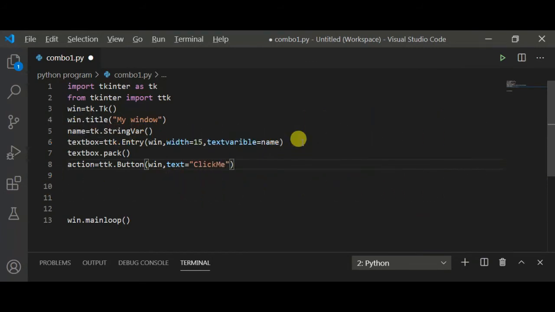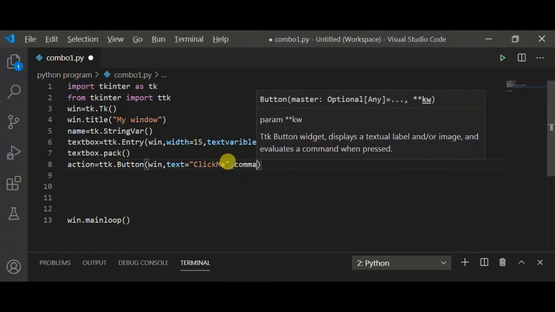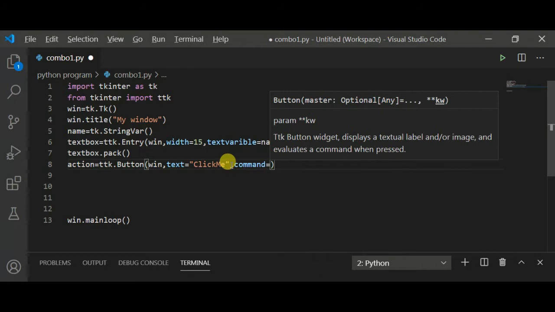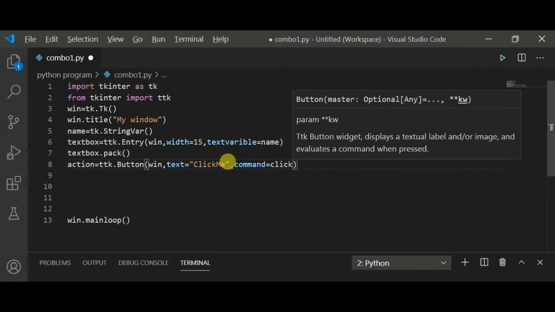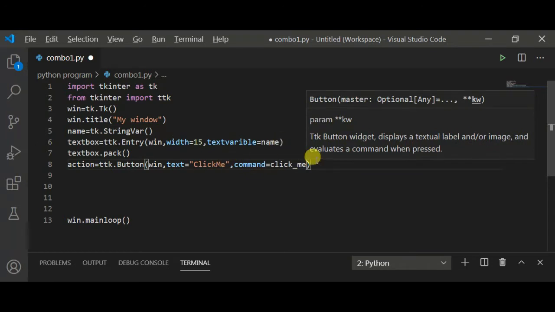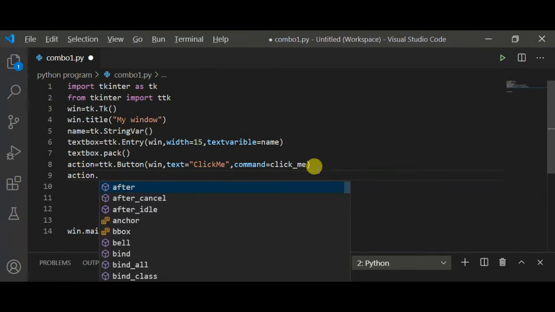That text will appear inside the button. Now next, I am using a callback function that will perform some action, and I will make a definition for this callback function later. Click me. Now pack this button, action.pack.